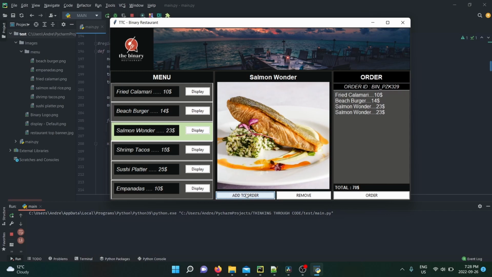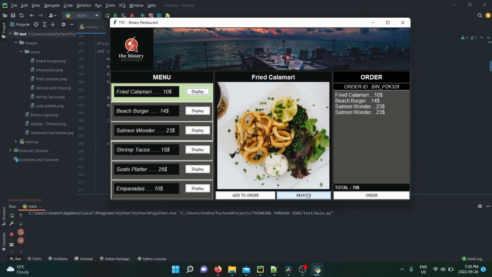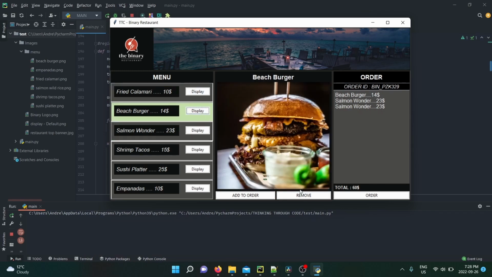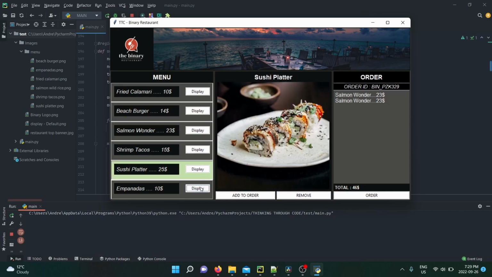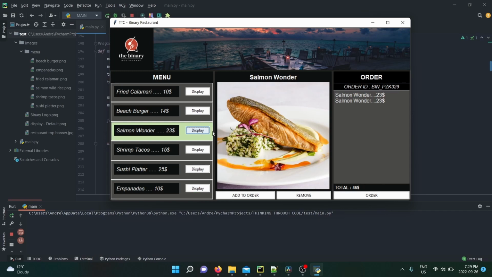So if I add 2 salmons over here, they're gonna show up and everything is gonna update as I go on. So you can also decide to take away an order in the case that you make a mistake. The display buttons right here will show you what you can display for your customer in order for them to make a choice. And once I click the order button right here,